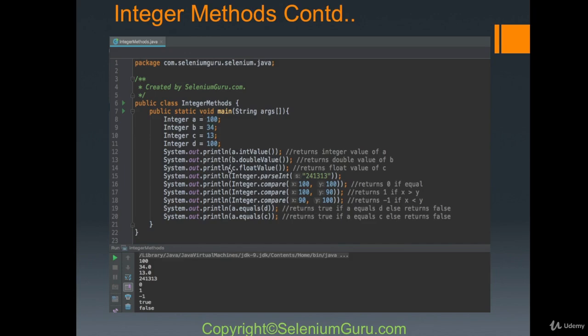It's going to return true. And a.equals(c), there are two different numbers, so it's going to return false. As you can see here, a.intValue is 100, and b.doubleValue is giving me 34.0, and c.floatValue